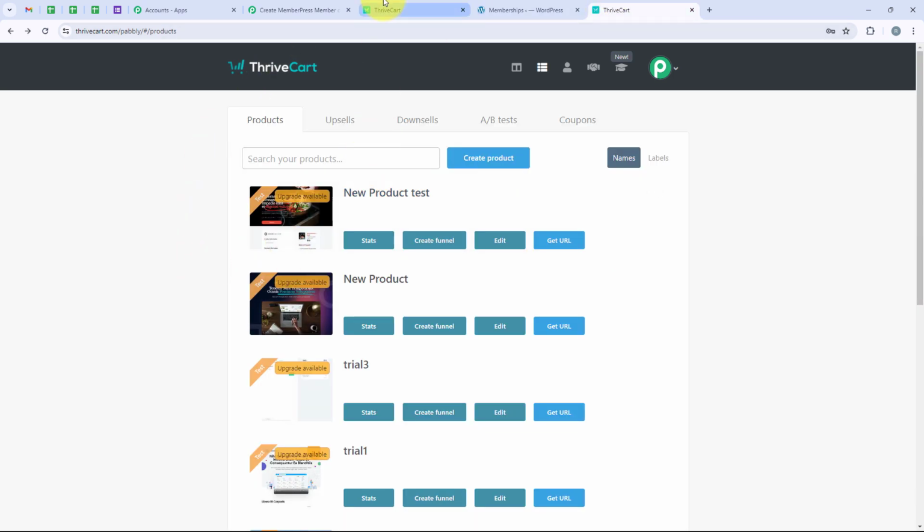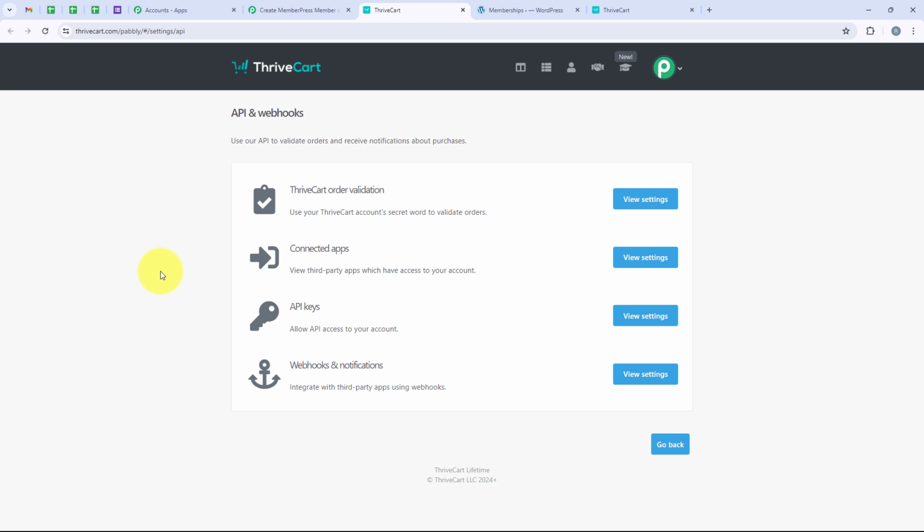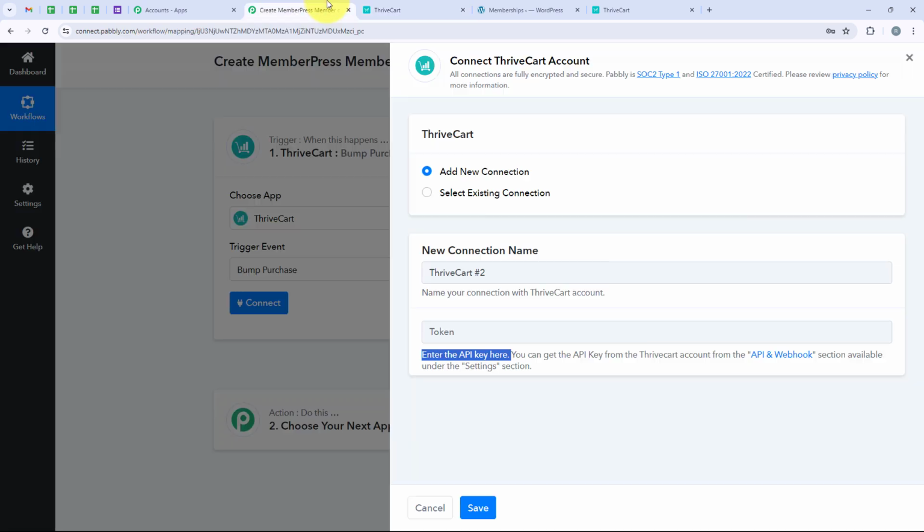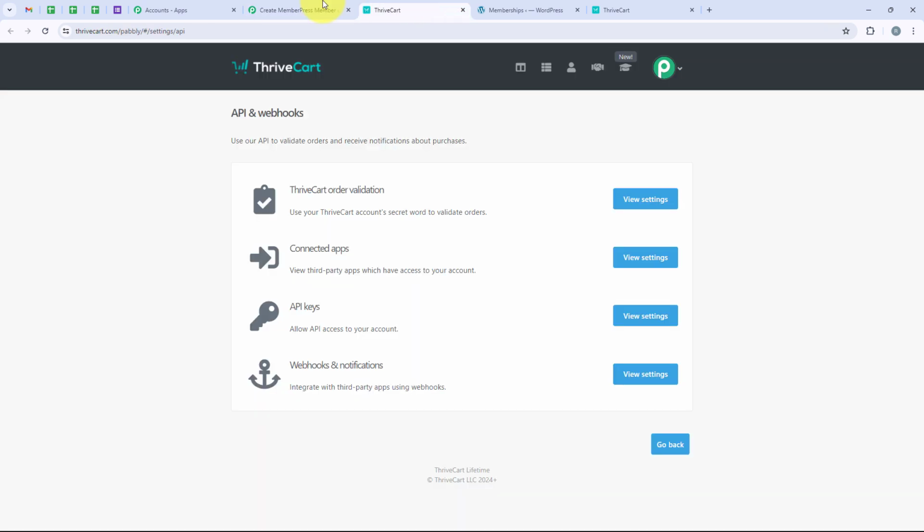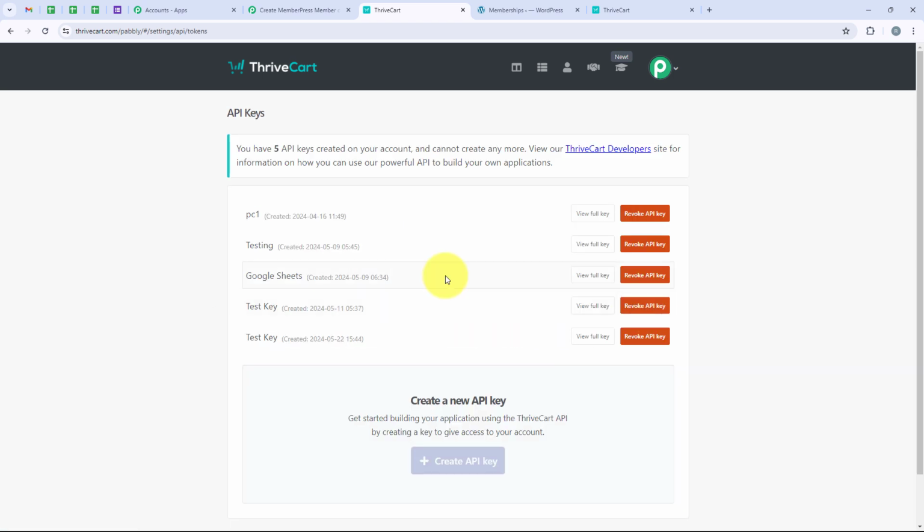So it is always advised to log in to your applications before starting with the automation. As soon as you click on this hyperlink, it will redirect you to this. Now we are going to click on this API key view settings. Over here you can see all the API keys that I have created. If you wish to create a new API key, you can click on create API key, but I'm going